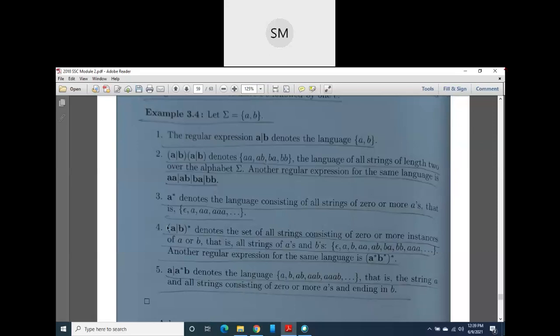So the equivalent regular expression for this is (A star B star) whole star. What is it indicating? Star is nothing but 0 or more A's and B's, and again A's and B's are 0 or more, okay? So like this, the alternative regular expression for this one is this one, okay? Both of these regular expressions will give us the same language. This is the same language, okay?